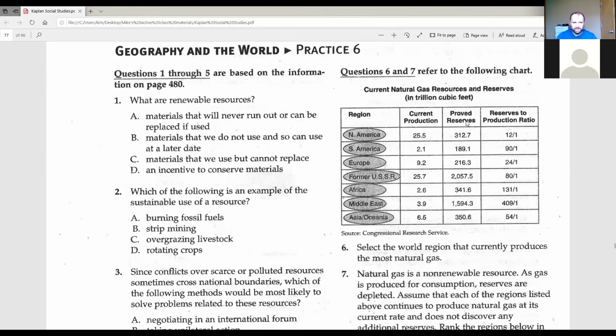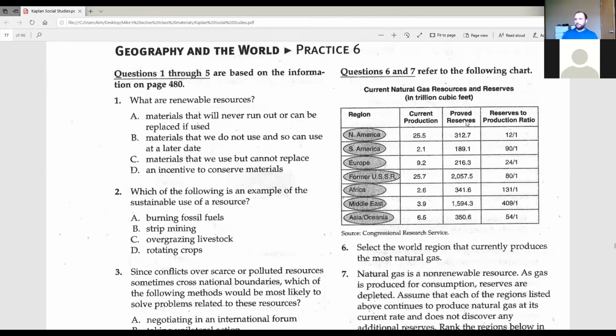So throw it out. And now we're left with B, strip mining, and D, rotating crops. Even if you don't have any idea what strip mining or rotating crops is, I have a feeling if you were to guess which one is an example of sustainable use, you might guess rotating crops just by the way it sounds. You'd be right. Strip mining just means cutting away all of the earth, not just looking for minerals in specific places, but saying I'm going to wipe away this whole hillside and hopefully there's some minerals in it. That's strip mining, not sustainable.